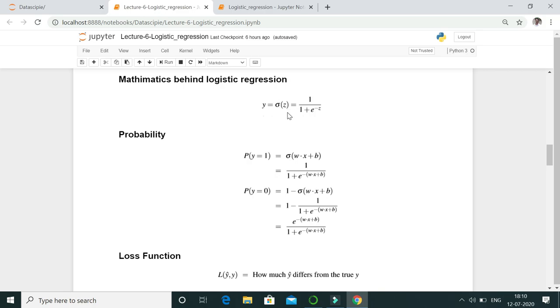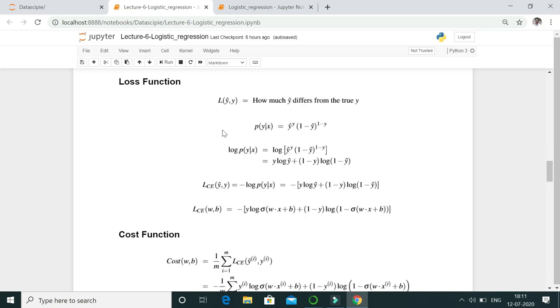We know that for logistic regression, the equation is 1 upon 1 plus e raised to minus z. The probability of the event occurring is the value of y, and the probability of the event not happening is 1 minus the probability of the event happening, so 1 minus y. Next, as in linear regression we find the error, but in this logarithmic case, we have to find the loss function first. In logistic regression we find the probability of y occurring when x already occurs. First we find this event, then take a log as it is a logarithmic function, and this value is nothing but the loss function, or the error.